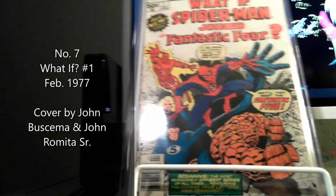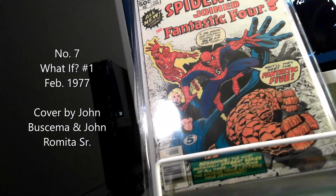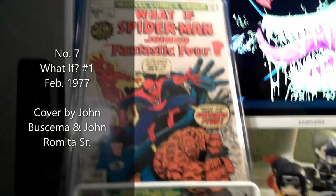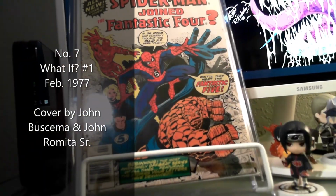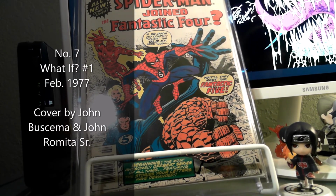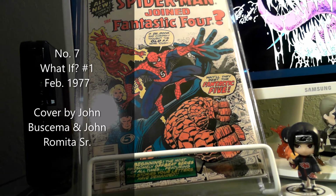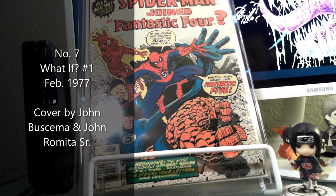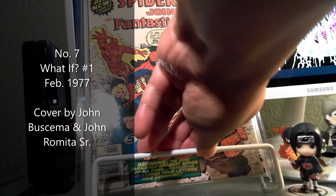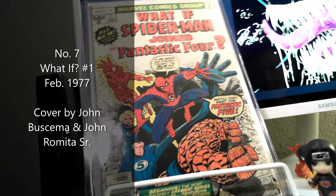Alright, so this was number 8. This is a book I just recently picked up for a really great price, considering how classic of a book this is. It's What If number one,